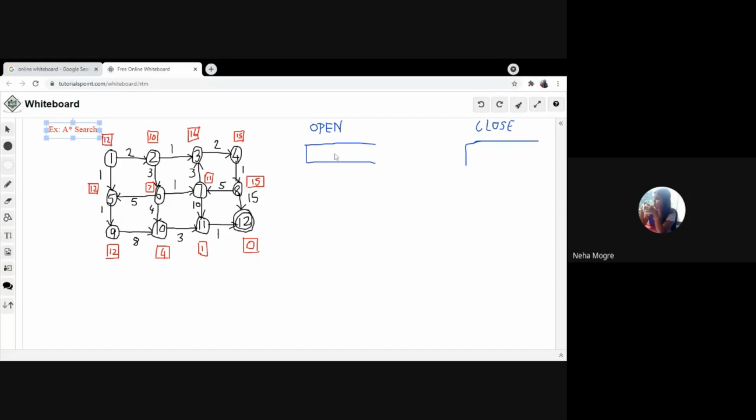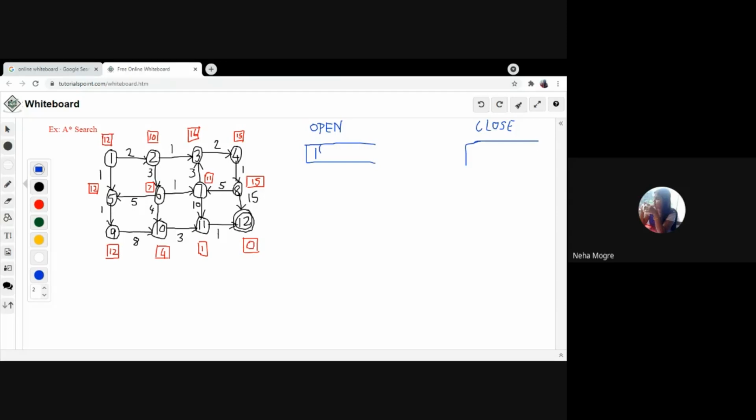Let me write 1. In uniform cost search, we write the cost value in the bracket. Here we are going to write the f of n value of every node.